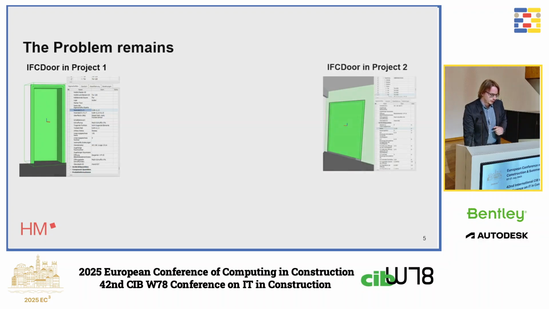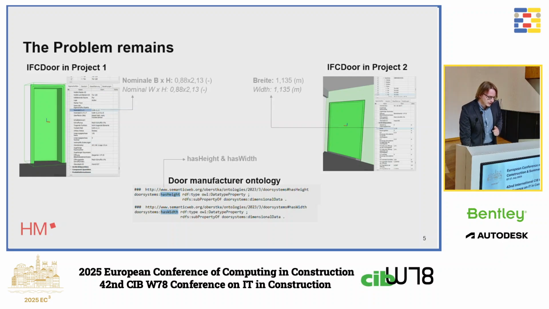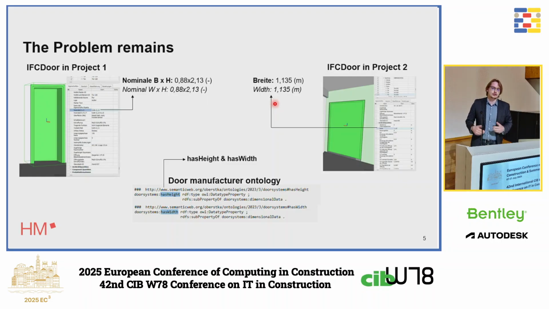So we have the first IFC door in the first project and another IFC door in another project, and on the bottom we will find the ontology with the definition of what the door manufacturer expects the attribute to look like. If we take a closer look, we will find here in the German IFC files attributes that are called nominale B mal H, which can be translated to nominal width times height, and on the right side we find attributes like